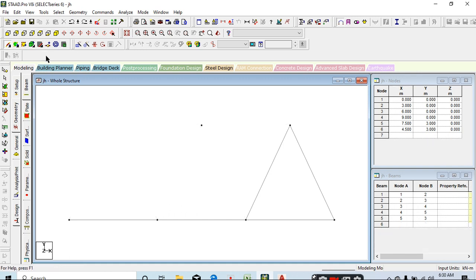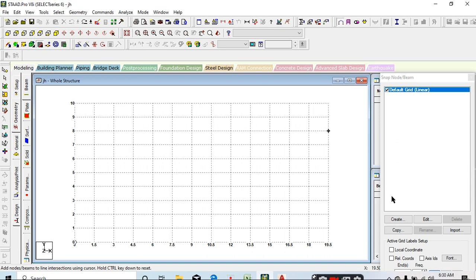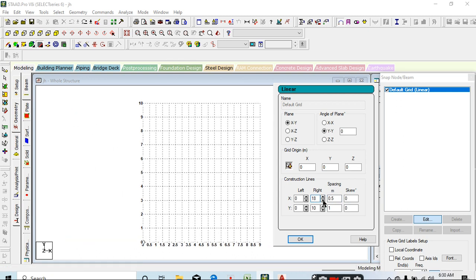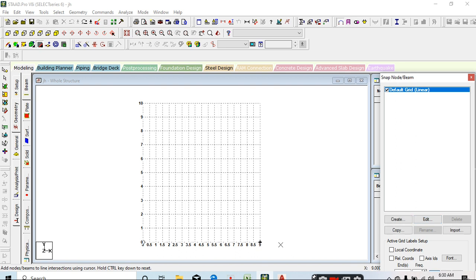Just undo. If you edit the grid for 0.5 meter, increase segment up to 18. Look at this, there is 9 meter. Go to the 0, 3, 6, 9.